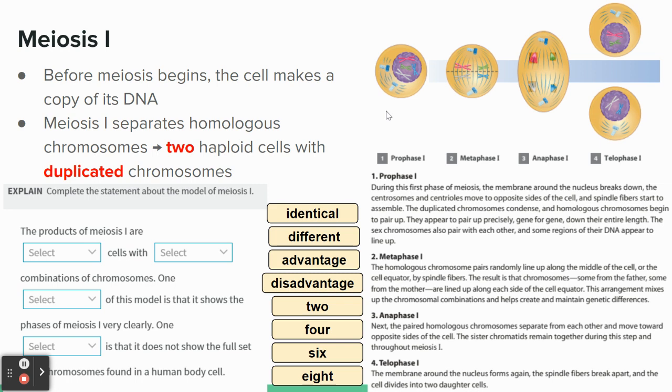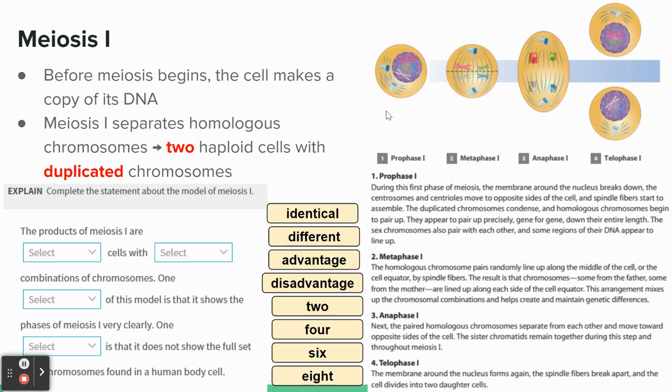Okay, so remember, the homologous chromosomes are one from one parent, the other from the other parent. Now, they pair up precisely, gene for gene, down their length. And the sex chromosomes pair with each other. Some regions of the DNA begin to line up. Now, metaphase 1 is when the homologous chromosome pairs randomly line up along the middle of the cell by the spindle fibers, okay? And then the chromosomes, some from one parent, some from the other, are lined up along the equator, and this arrangement then basically mixes up the chromosomal combinations and really creates those genetic differences between parents and